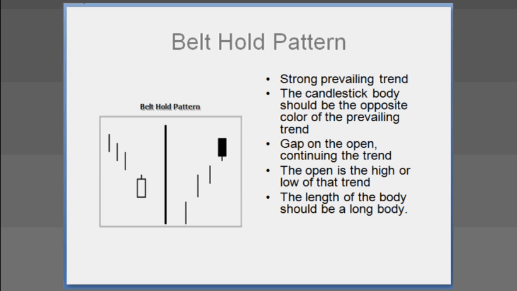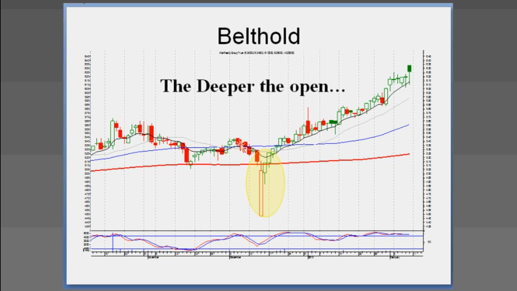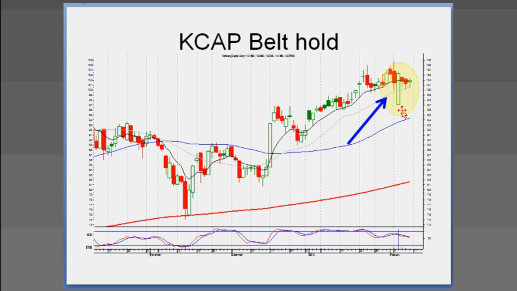And the belt hold is another very effective trading technique, because when you see a belt hold, what does it basically tell you? It tells you that they took out all the sellers. There are no more sellers anymore. They've taken them all out. The bulls have stepped in, and now there are no sellers in front of you. So you had a sideways trajectory, you had a belt hold, and now your trajectory becomes a very strong uptrend.